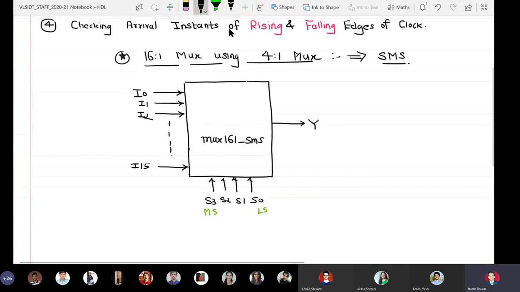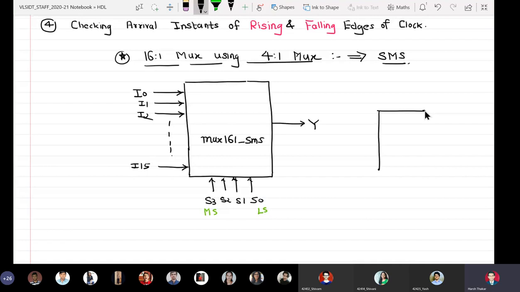Now, besides this, I will draw the child entity. The name of this entity will be MUX41 and it has 4 inputs.